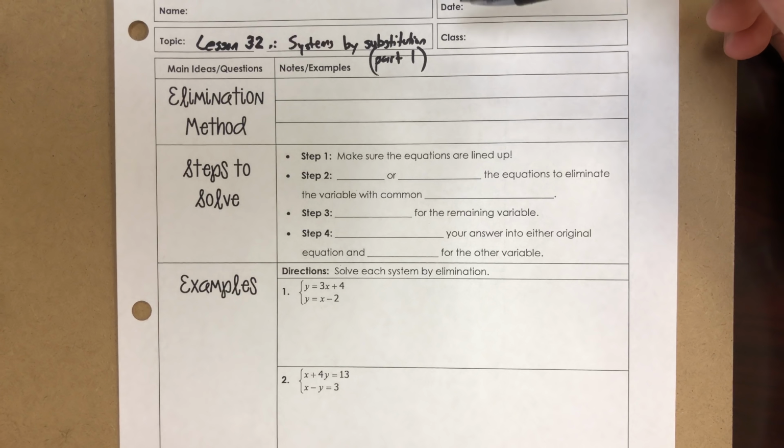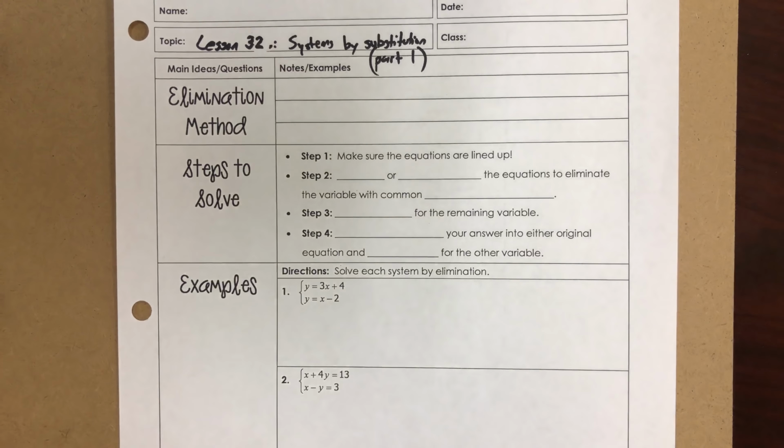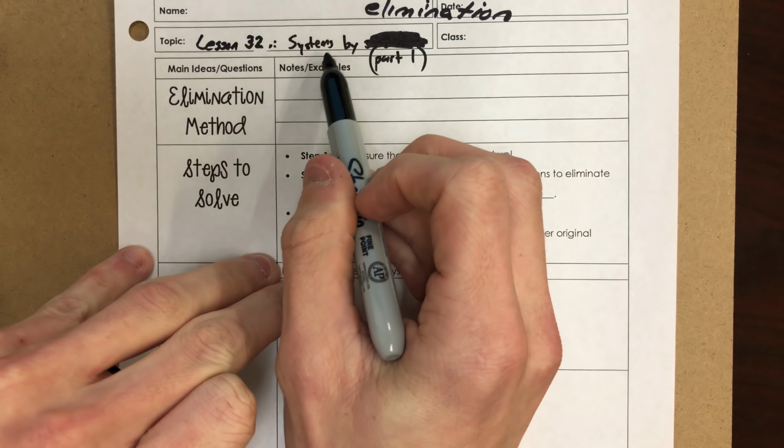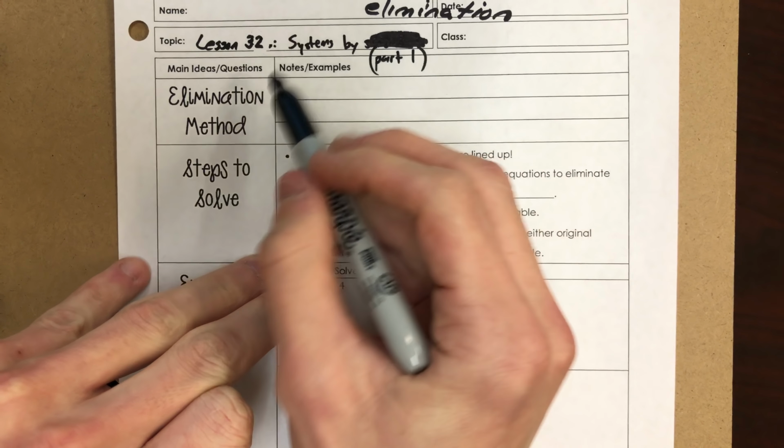Guys, welcome to lesson 32. Real quick, go ahead and do me a favor. Cross out substitution and write elimination. Okay, we're doing systems by elimination, meaning